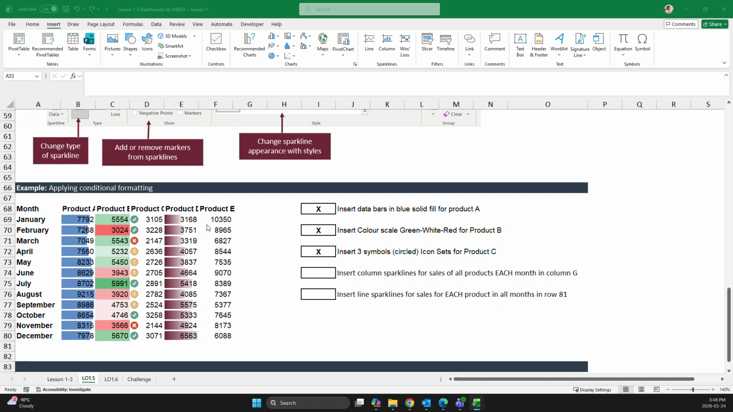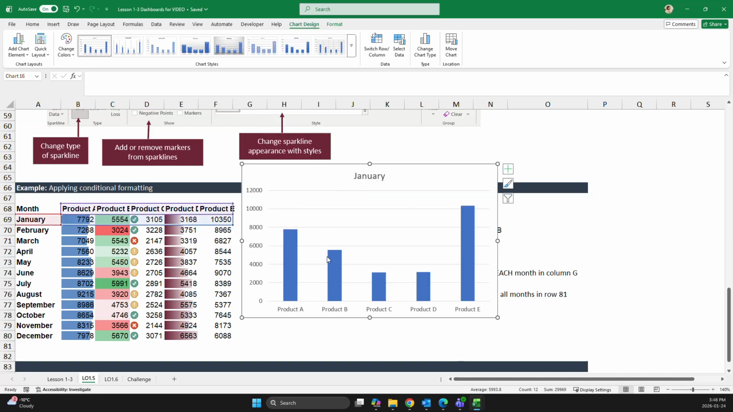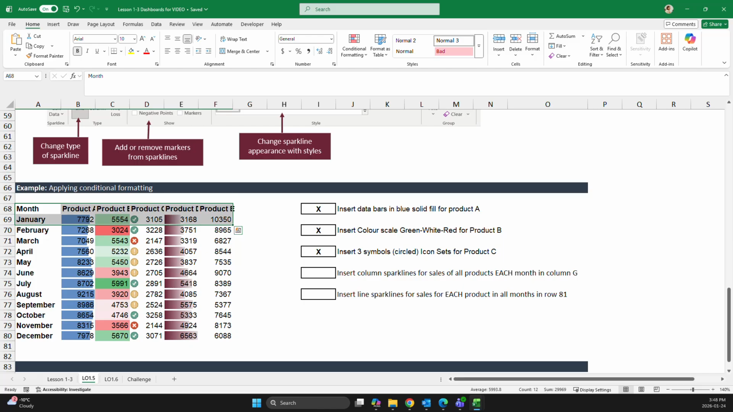So what that means is if we want to look for January and compare product A, B, C, D, and E, we could use a column chart to do that normally. Something like this. Compare products A, B, C, D, and E to do this. We want to make this chart, but instead of having a big area for it, we want to place it within a cell. So to say for January, this is the chart that would show us the comparison of product